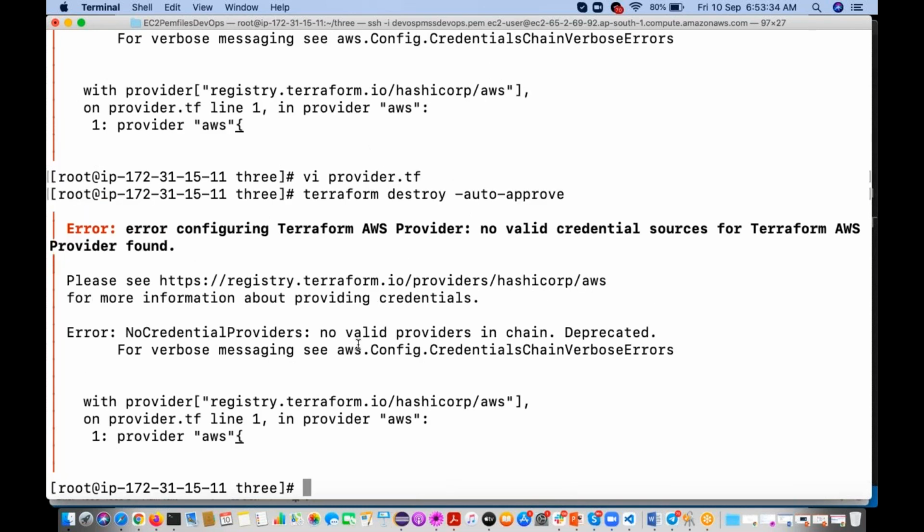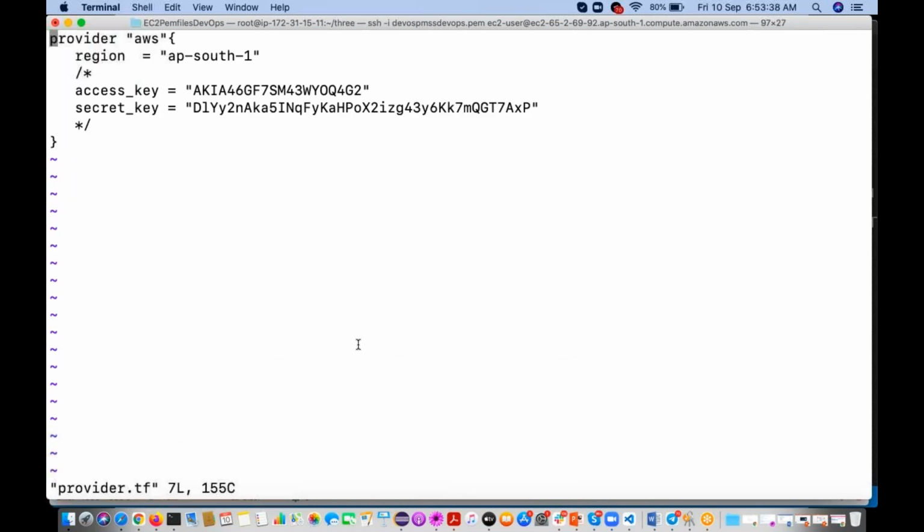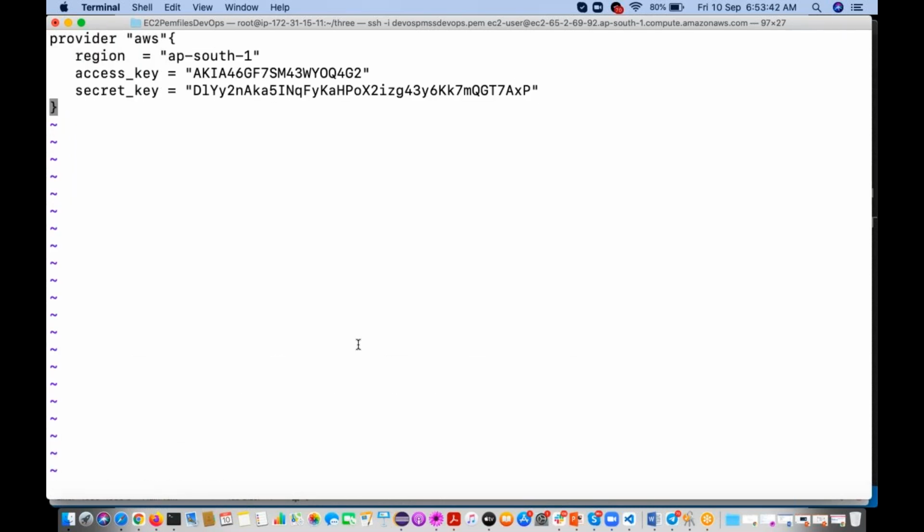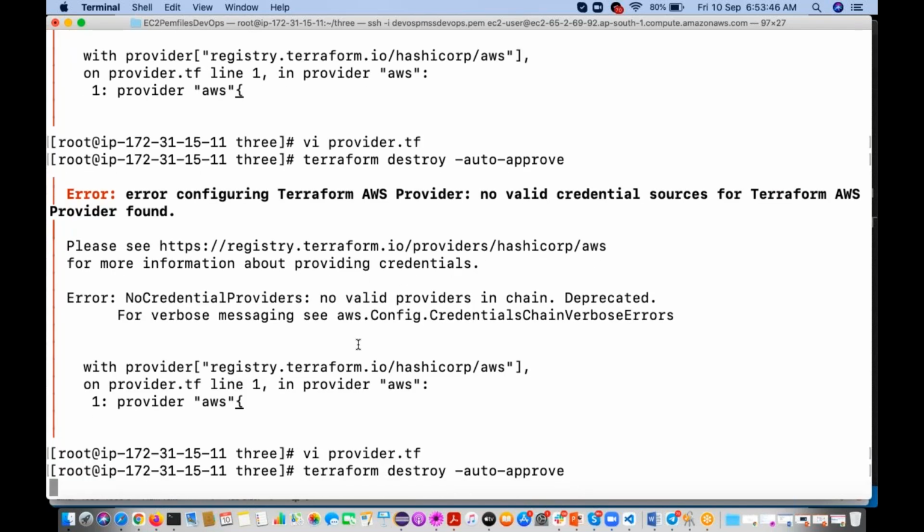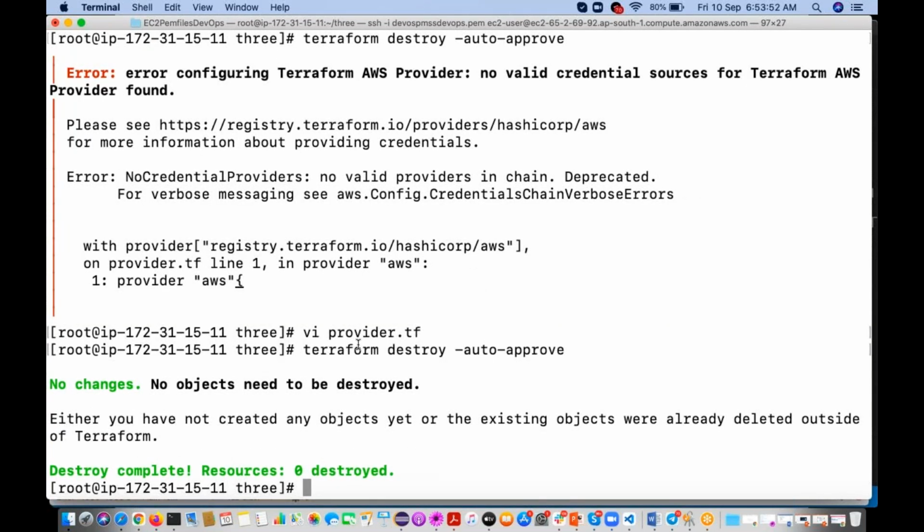See, same error, no valid credentials. But if you go and remove this one, it is going to work. See, it is executing. We are not getting an error.